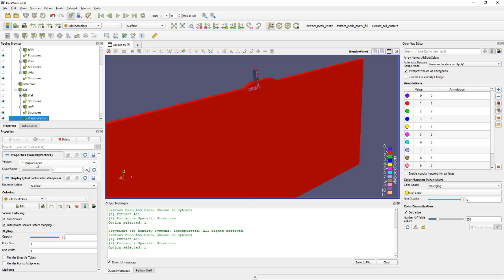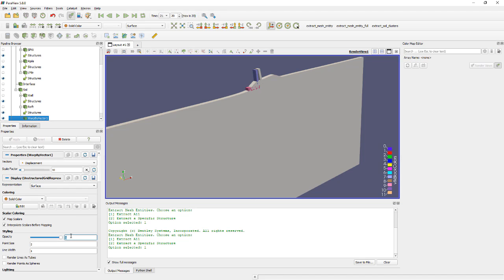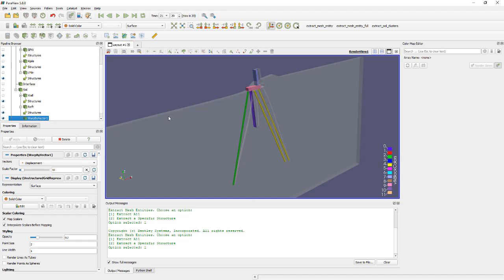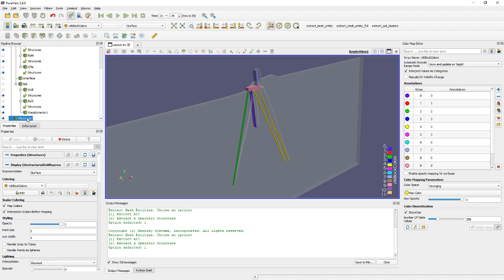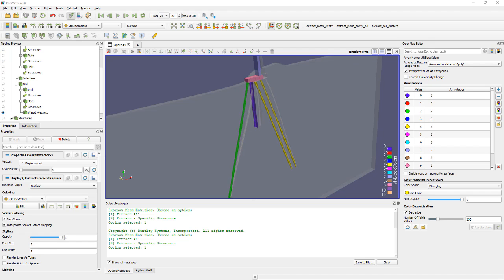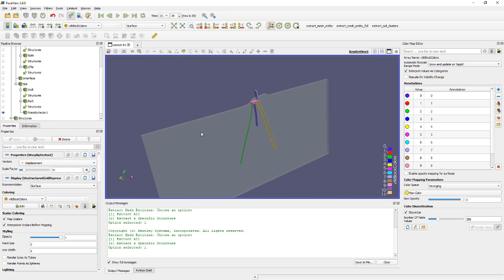So here I will select the displacement with a factor 10, for instance, and use for this one solid color with some opacity less than 1, and apply the same filter, warp by vector, to the previously created structure source, and apply the same scale factor as before, 10. So this provides the final